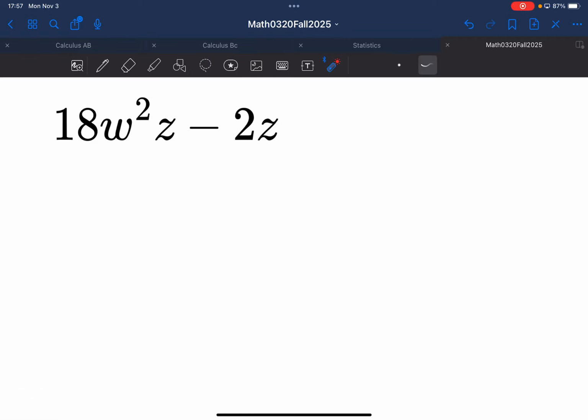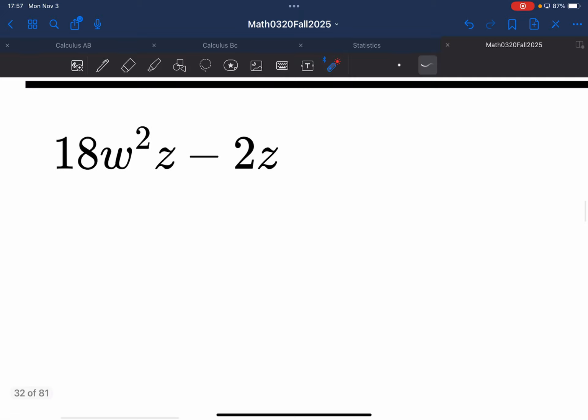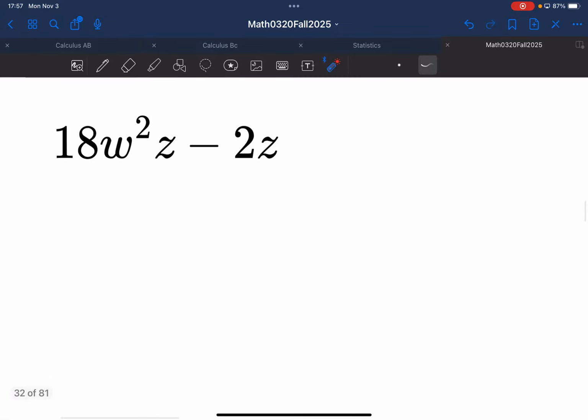Okay, so then we have something that looks like this. Before we go ahead and do what we were doing in the previous two questions, you should be thinking to yourself, okay, I have 18 and I have 2. Are these perfect squares? No. So that tells me maybe I can take out a GCF first. What could I take out that they both have in common? A 2? Anything else? A z. Okay, so if I take out a 2z,